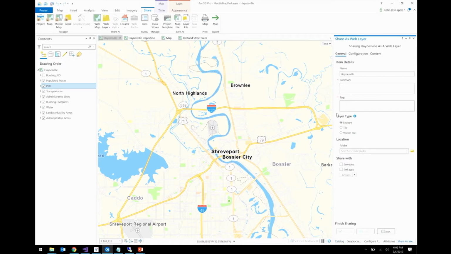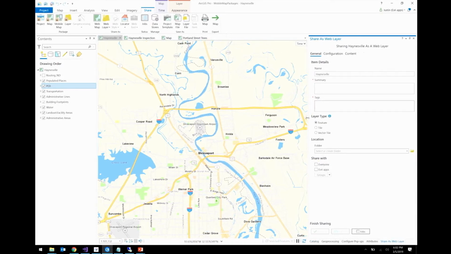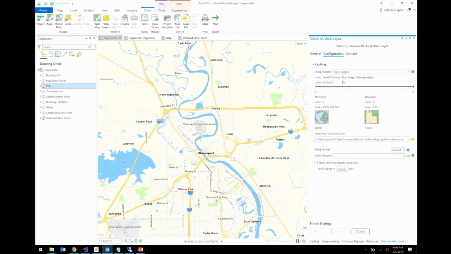From there, we're going to get a share as experience that allows us to make a couple of choices. First, we know we want to share it as a vector tile layer. And once we select vector tiles, we can configure how much detail, the type of tiling scheme that we want to use, but most importantly for offline use, at the very bottom of the screen, there is an allow clients to export a tile cache. So this is what you need to be able to then consume this service in something like the export tile cache task inside of the runtime APIs,